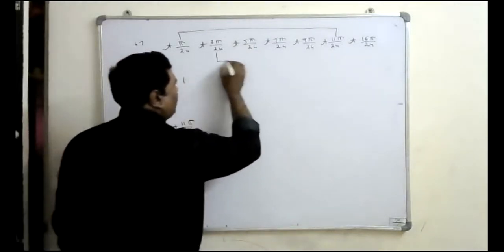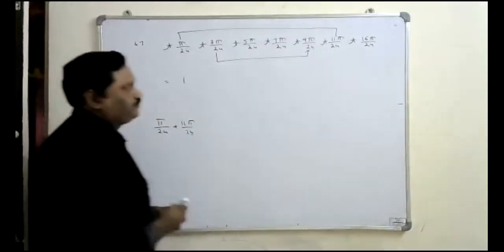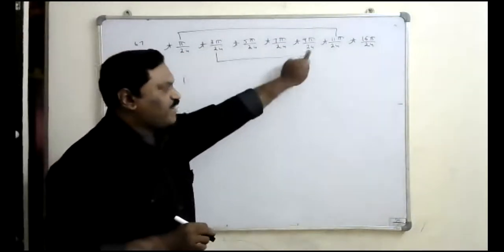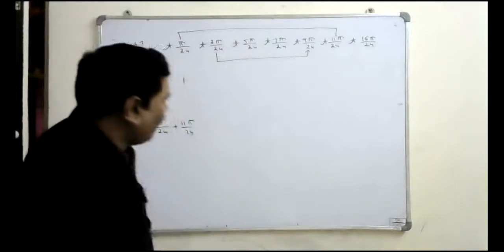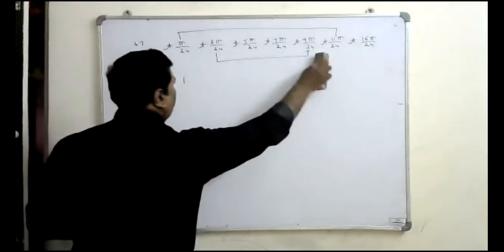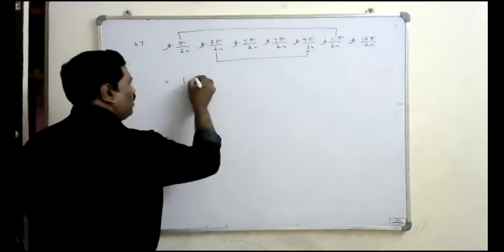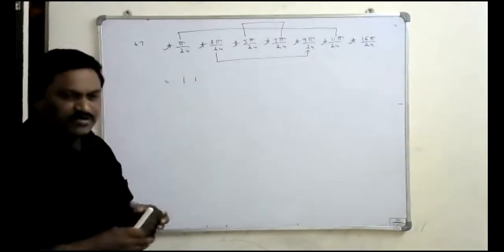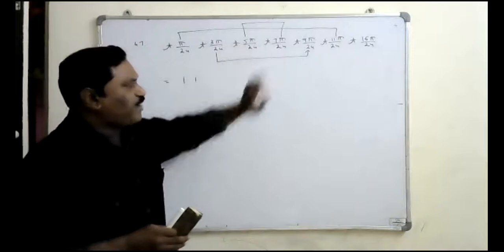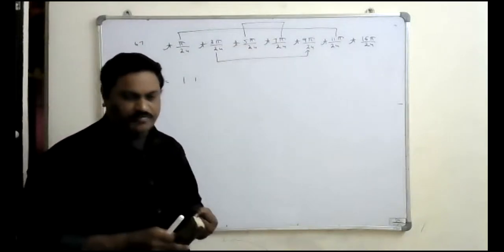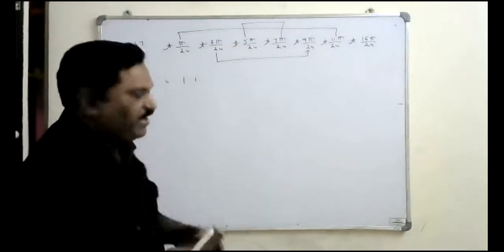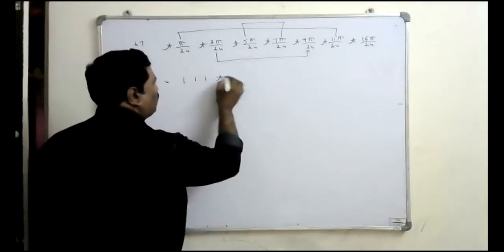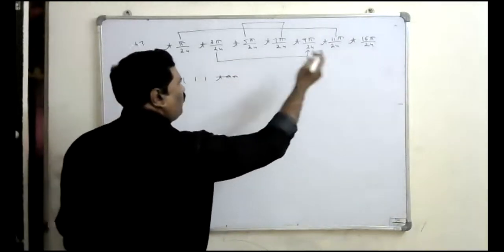Similarly, if I consider the second term and the last but 2, if you add these two angles, 3 pi by 24 plus 9 pi by 24, that is also pi by 2. Therefore, tan A into tan B, the product of the terms, is also equal to 1. Similarly, if I add these two angles, 5 pi plus 7 pi, that is 12 pi by 24, which means again pi by 2. So that value is also 1, into the last value, tan 16 pi by 24.